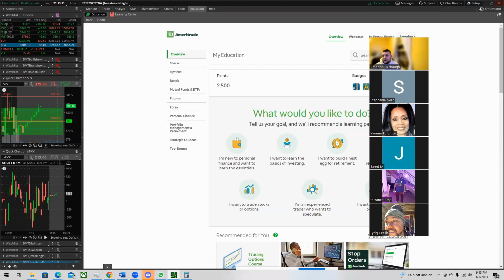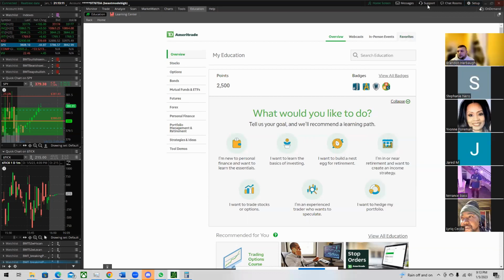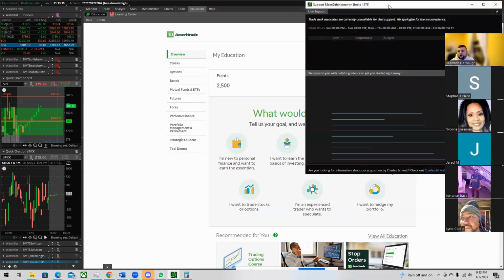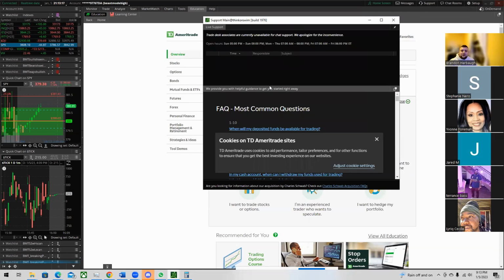Support tab. Let's move this off to the side. Support tab. This is crucial right here. Why? Because in my 6 years or going on 7 years of trading now, it might actually be 8 years now. I started at the end of 2016. Really started in 2017. So that's 3 years, and then this will be about 7 years. This is crucial because in my 6 or 7 years of trading, I've had to call and